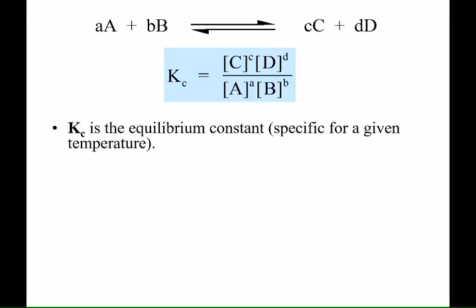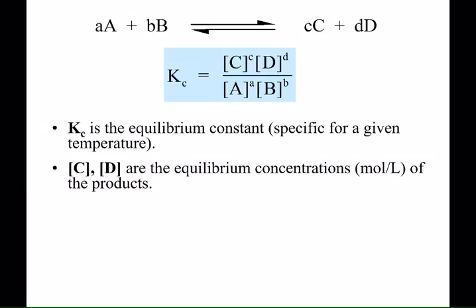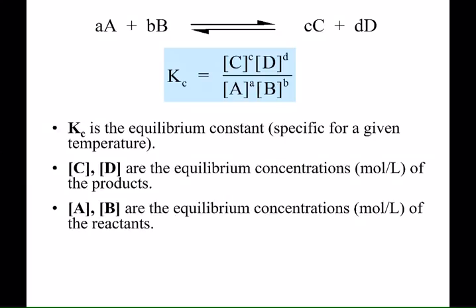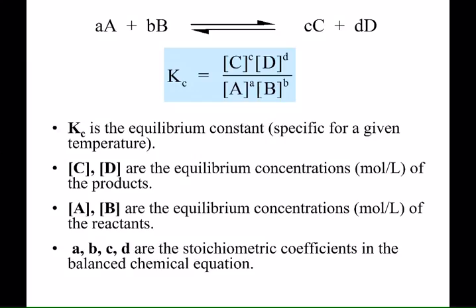So when I was grading your tests, you guys got to be careful in making sure that the other k we talked about in Unit 2, the rate law constants, are lowercase k, and these are uppercase K. So of course we talked about the brackets, those are molar concentrations, right? Molar concentration of the products, molar concentration of reactants, and like I said, those little letters, the A, B, C, and D in front of the species of reactants, products,